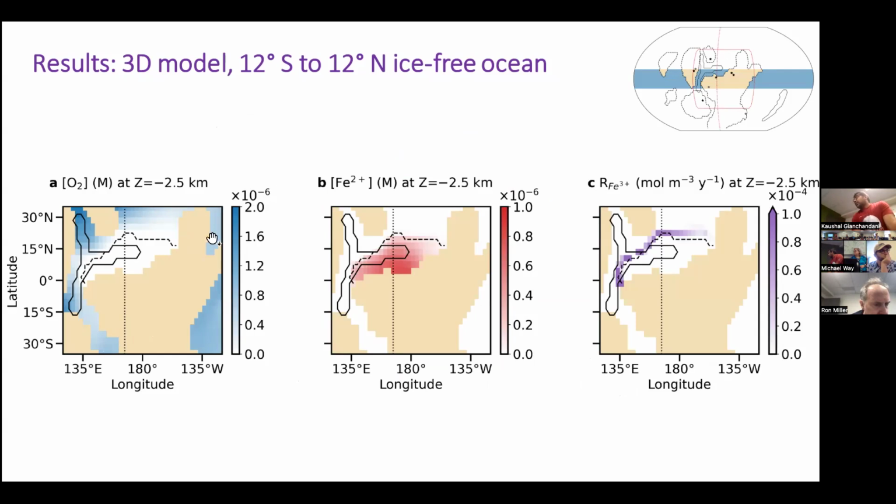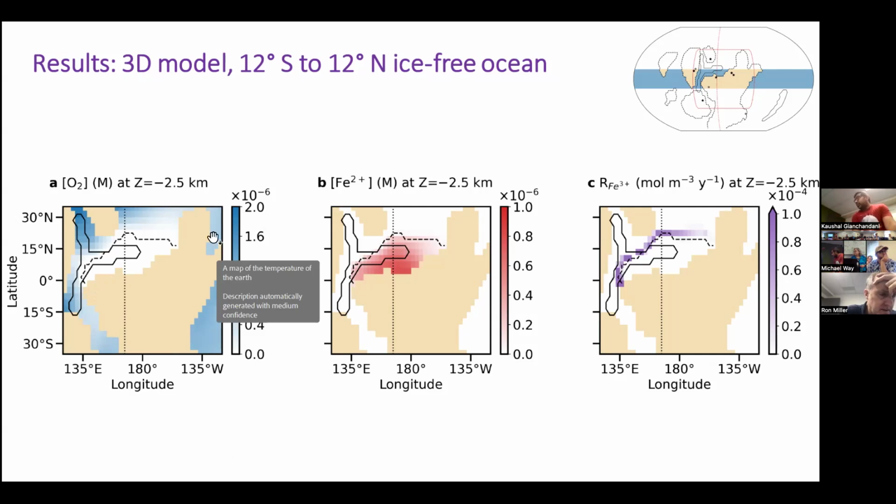First of all, let's look at the oxygen concentration. This is 2 times 10 to the power minus 6, which is, if I remember correctly, 2 orders of magnitude lower than the lowest concentration of oxygen that is there in the present-day ocean. In the present-day ocean, the minimum is 200 micromolars, if I remember correctly. Yeah, that number is correct. So the overall concentration of oxygen in our ocean is very low, the mean concentration.